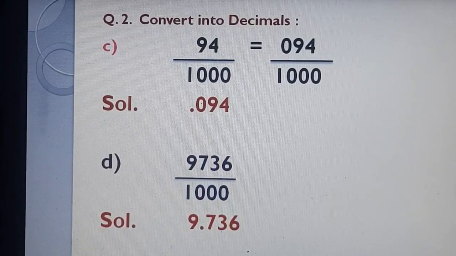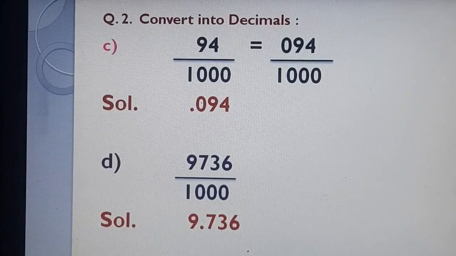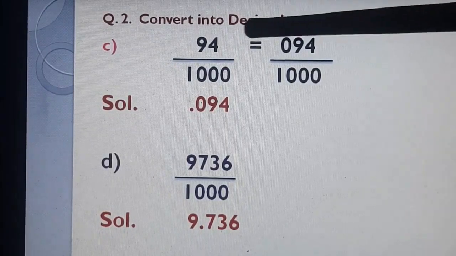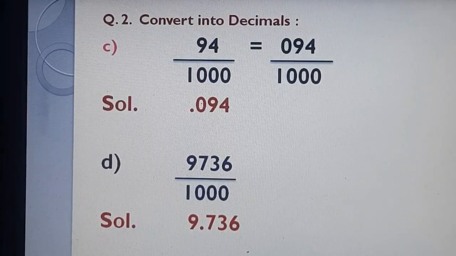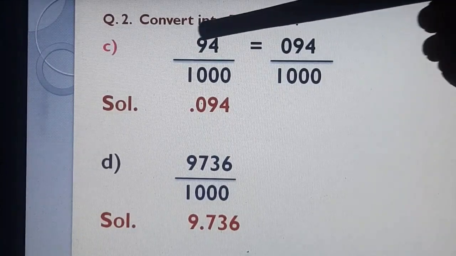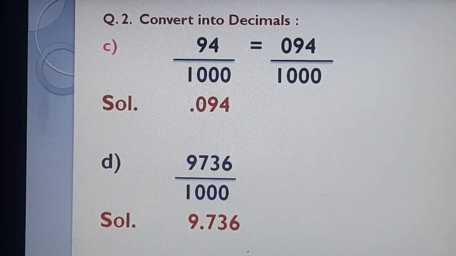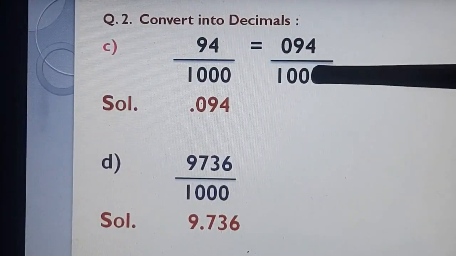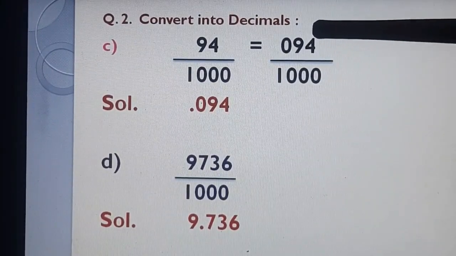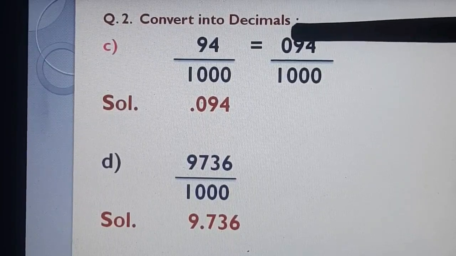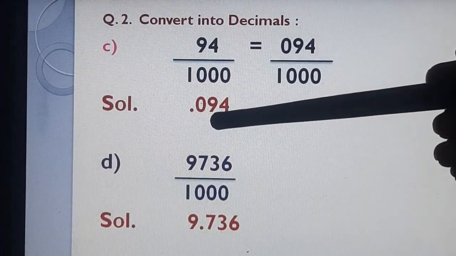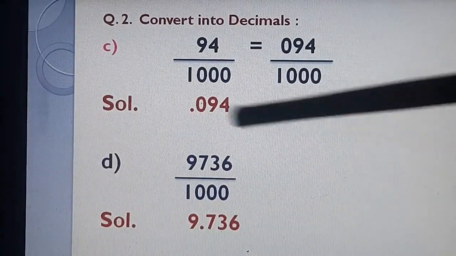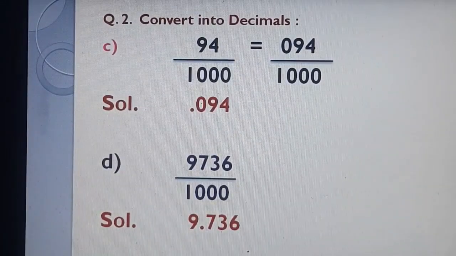और हमें क्वेश्चन चेंज नहीं करना. 94 is given, then we want 94 only, right? So we will write it as 094. No changes there in our question. 094 or 94 meaning is same. Value is also same. So now you will count on zeros 1, 2, 3. And then in numerator start from ones place 1, 2, 3. Here you will put the decimal. So our answer will become decimal 094. If you are writing here 0.094, that is also correct.